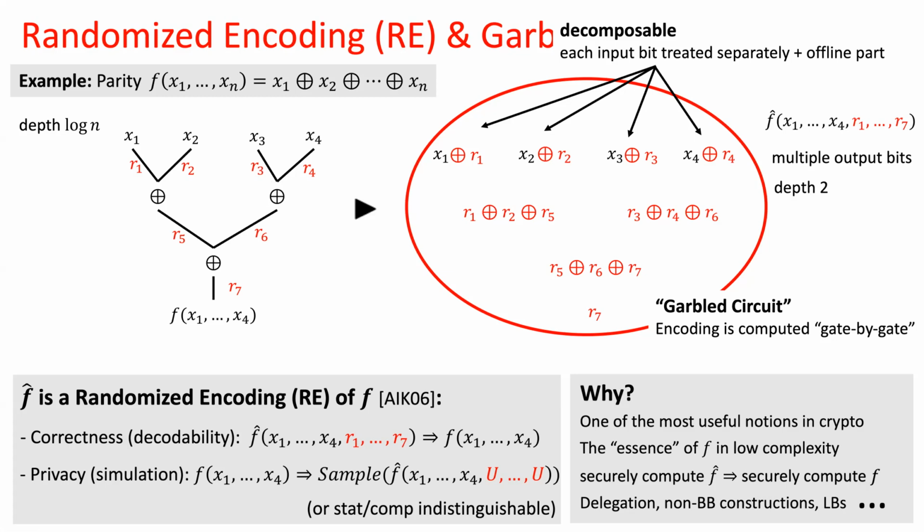And then the total encoding is just going to be the collection of these gate gadgets, the encodings of each gate separately. We showed here a garbled circuit for the XOR function, but actually you can come up with a more complicated scheme with more than just one random bit per wire, and you can garble NAND gates, and therefore any arbitrary circuit can be garbled. So this is what happens in the classical world, and what we do is extend it to the quantum